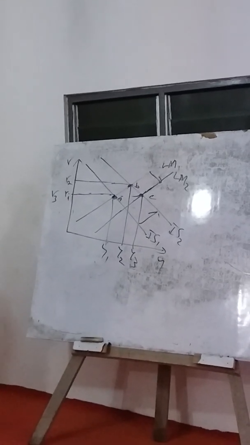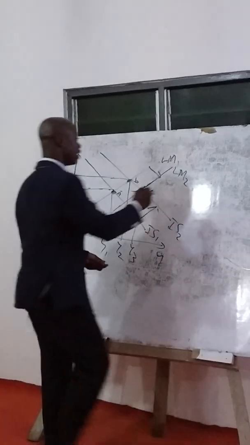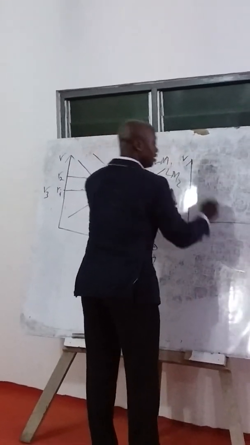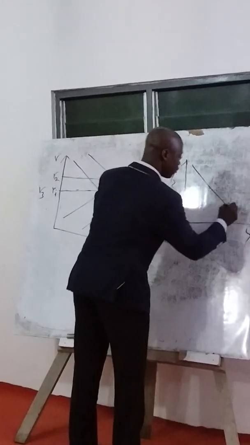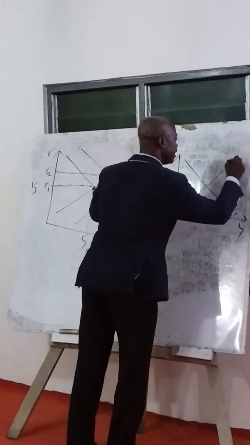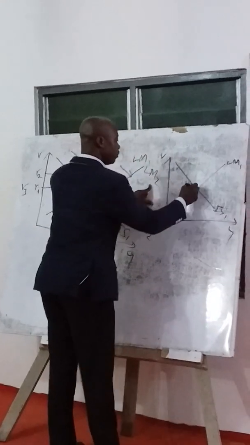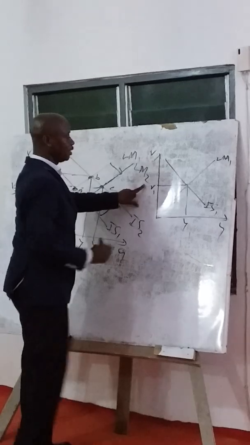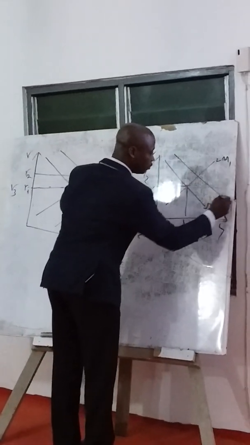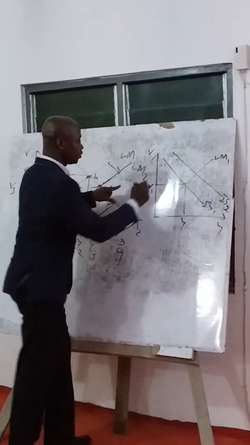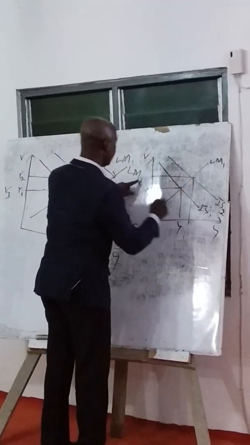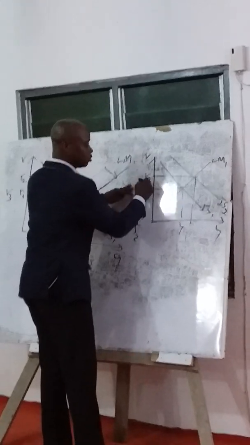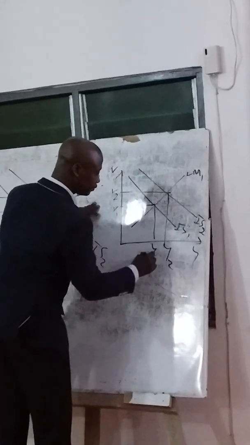If the central bank wants to hold Y constant, let's look at what then happens. So the same way we have our R and we have our Y, we start from IS1, then we have our LM1 here. So we have R1, and we have our Y1. Now with the expansionary fiscal policy, we move to IS2 here. So we now move from here to here. So we have our R2 and we have our Y2 here.